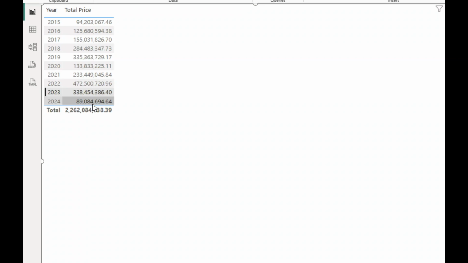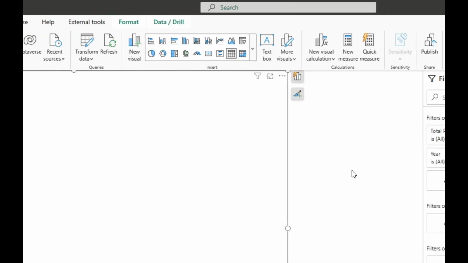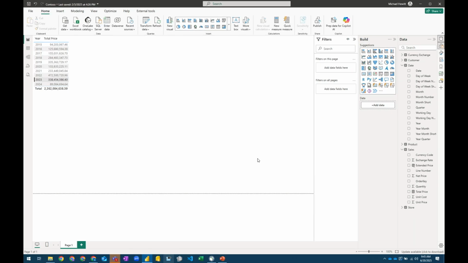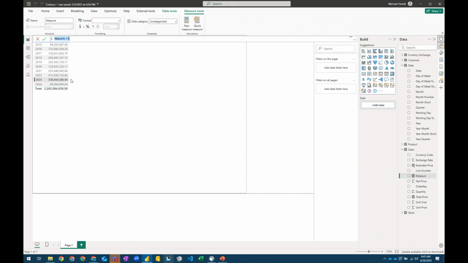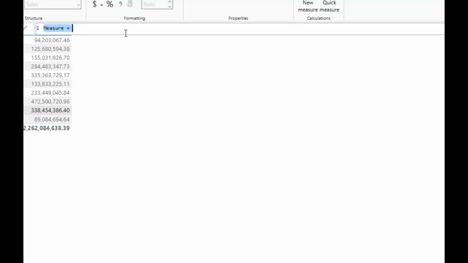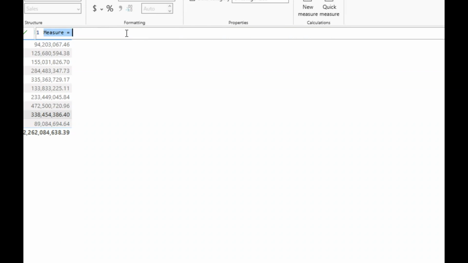Now, we could apply a bunch of different slicers and filters and make that filter context much more complex, but the same principle applies. In fact, let me show you one more thing, and then we'll wrap it up, and I'll take a couple of questions. We could apply a filter within our measure as well. And we could say, well, maybe I just want a measure that shows me what are my sales. We'll stick with 2023. I always want to know what are my sales for 2023. So I can write a measure,